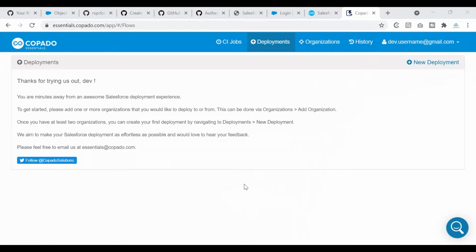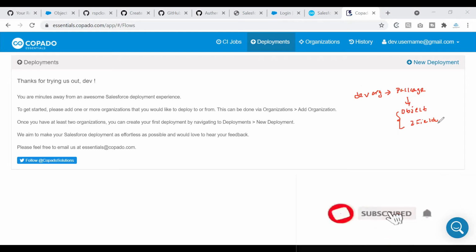What exactly are we doing here? In this dev org, I would use that package that I talked about in the previous slides. I'll be installing that object and two fields inside it. I'm doing it just to save some time. You can also use this package and install it. It is just an object and two fields inside it, so it reduces the activity of creating these objects. The idea here is I have this object and two fields created as a part of a requirement. Now I want to move these changes to the higher orgs. So this object and two fields are the things that I'll be moving from one org to another org as a part of this exercise.